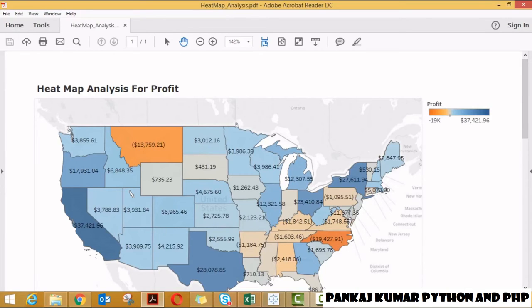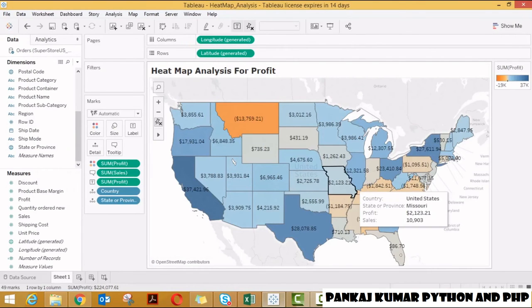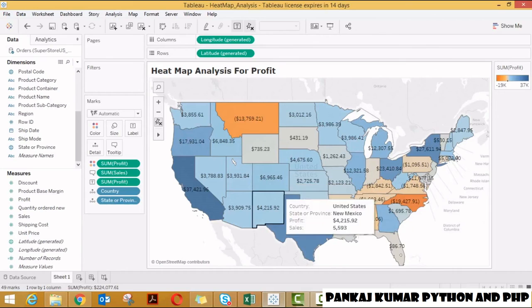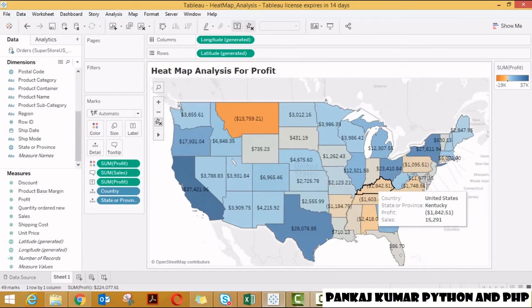And one more thing, once you create your visualizations, you can feed a particular email ID or a few email IDs, and once you generate the visualization, you can send it directly to the respective email IDs. But this functionality will get enabled only once you have a licensed version of Tableau.